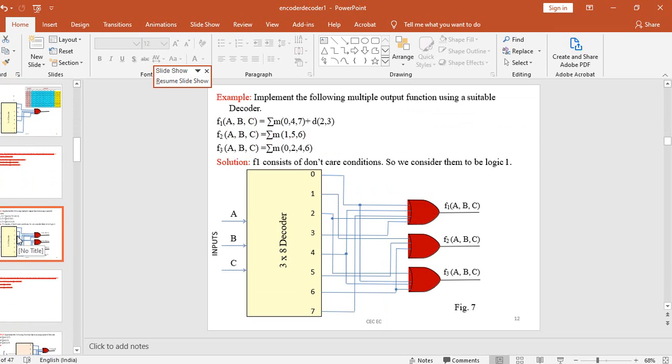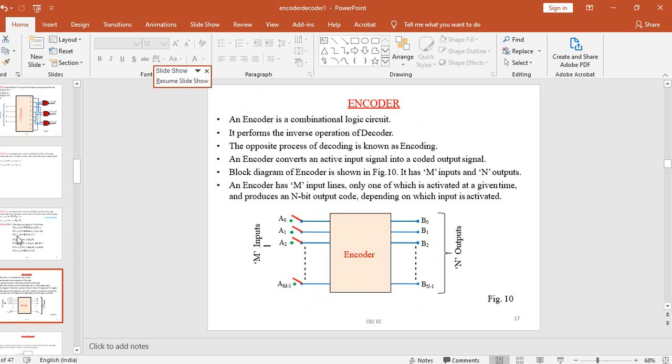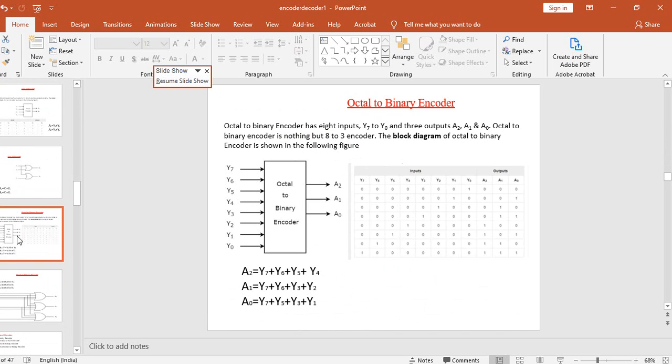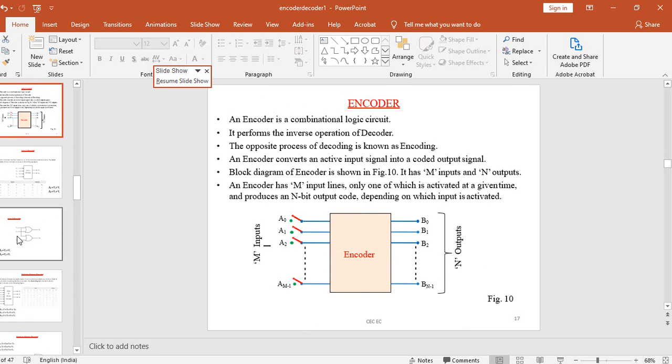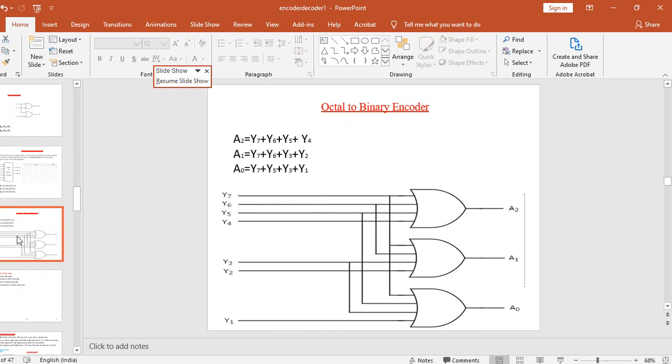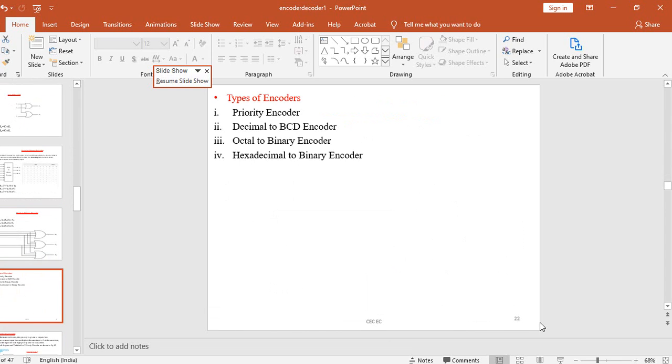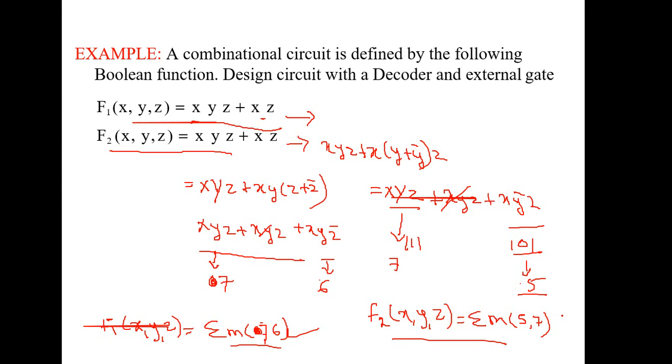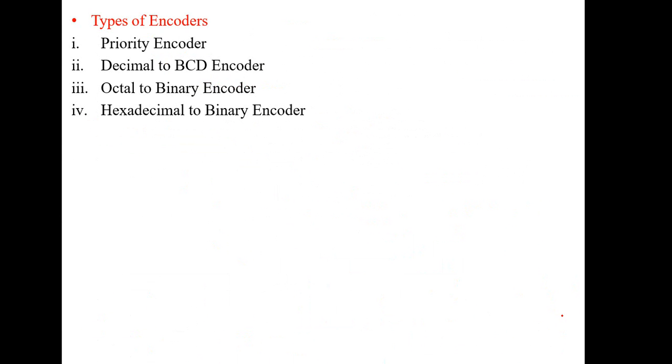So in decoders, we have studied 3 things: 4 to 2 decoder, 3 to 8 decoder, and how to implement any equation using a decoder. Similarly, for the encoder we studied 2 things: 4 to 2 encoder, and 8 to 3 encoder. I told you one disadvantage of the encoder; you may remember. If all inputs are 0, we cannot do it, and if 2 bits are high, we cannot do it. To overcome that, we use another encoder known as the priority encoder.